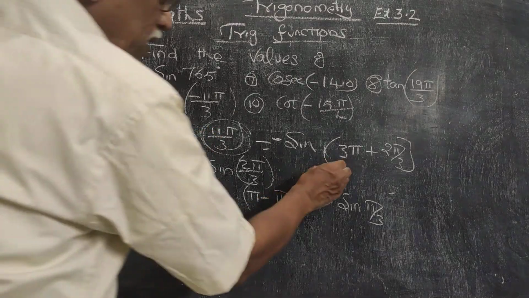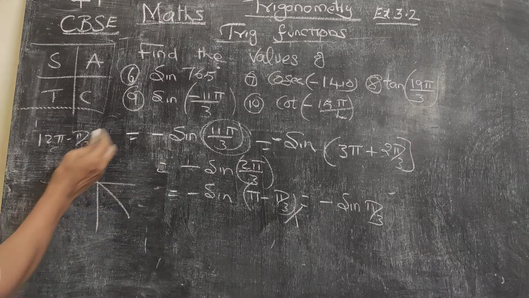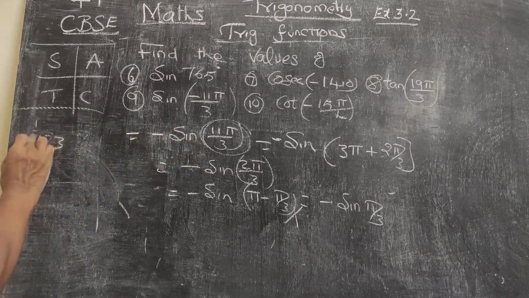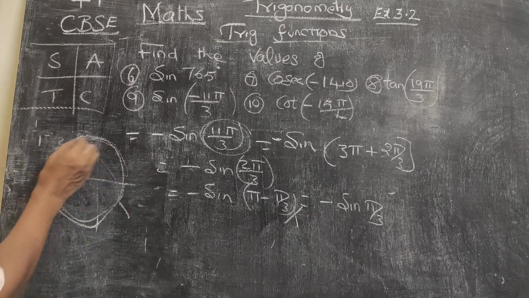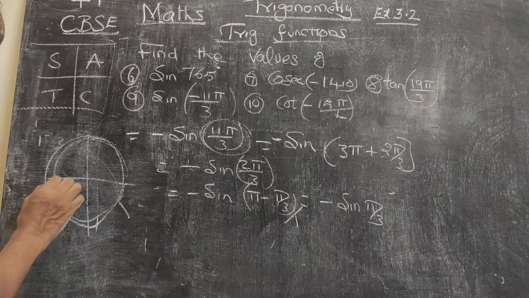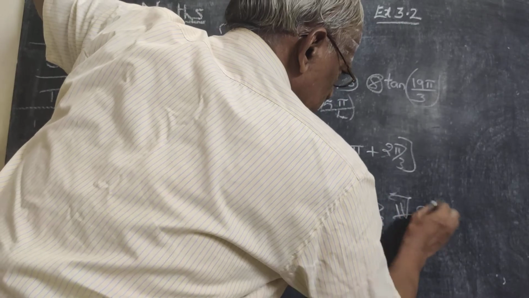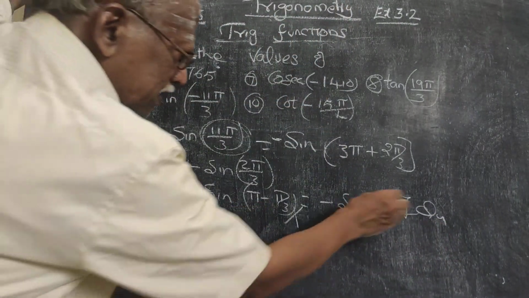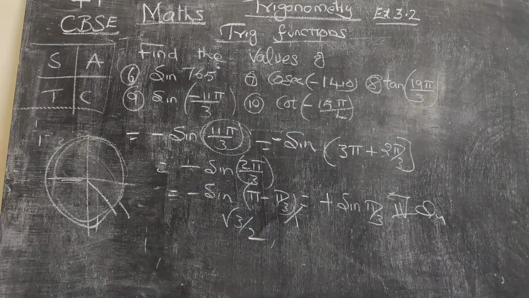That is otherwise 3 pi plus this, 270 plus something, or that will be better. You can understand that 11 pi by 3 is 2 pi and then pi, so 3 pi plus 2 pi by 3. 2 pi by 3 is 120. So 90 and then 30 here. So it lies in the fourth quadrant. In fourth quadrant, sign is negative, already minus, so plus. So the answer is root 3 by 2. So you can approach the problem in any way, either 4 pi minus something or 3 pi plus 2 pi by 3. Now let me go to the last problem.